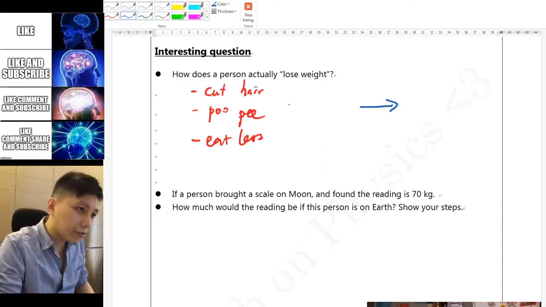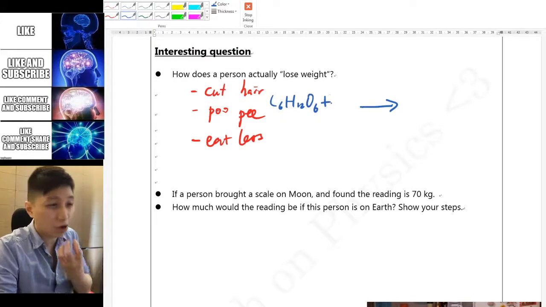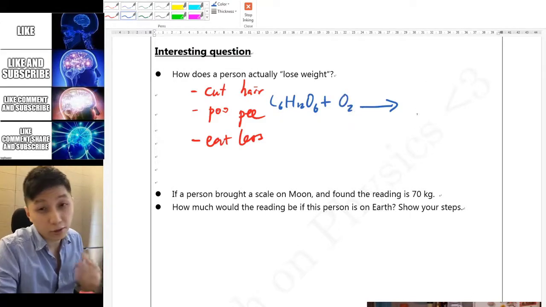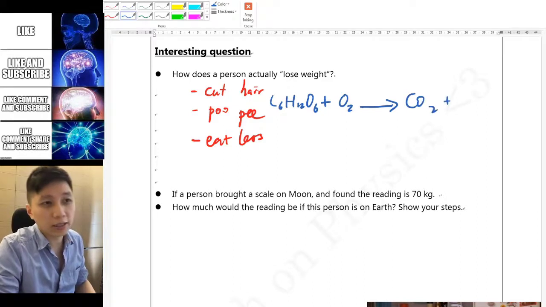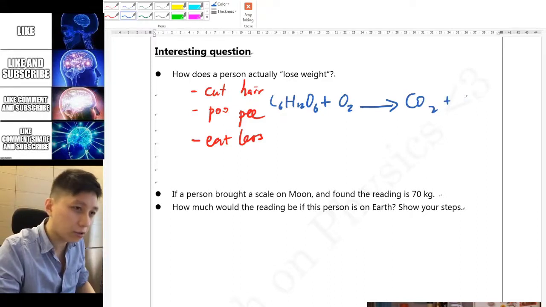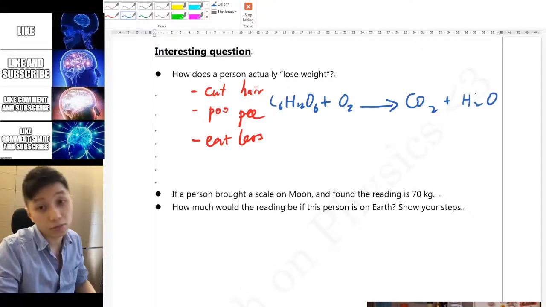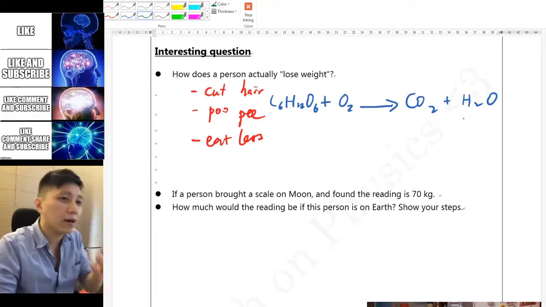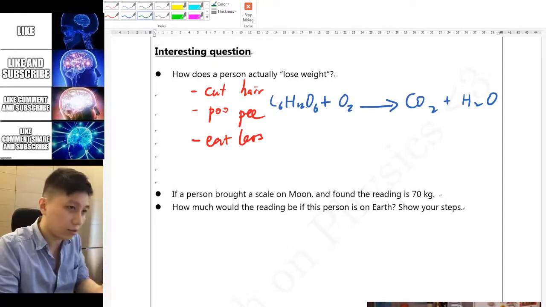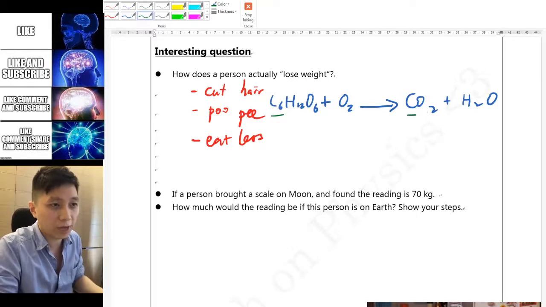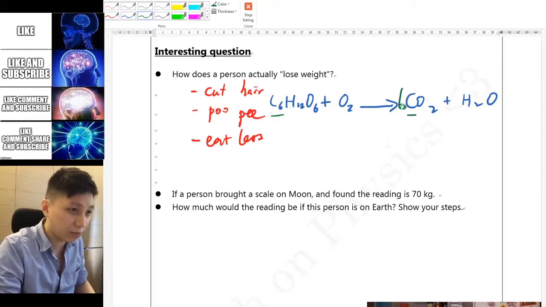The answer is something to do with glucose, C6H12O6, and you need to intake oxygen, O2, and you breathe out CO2 as a product of the chemical equation. You've got H2O. And while you may talk about how to balance the equation, because you have 6 carbon here and only 1 carbon here, therefore you have to multiply this with 6,